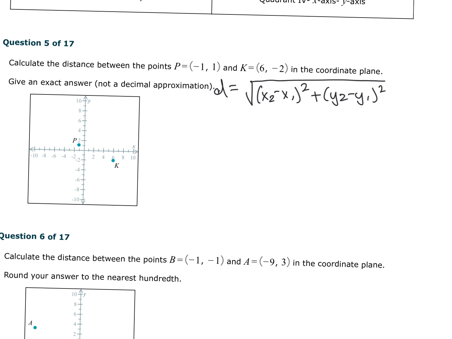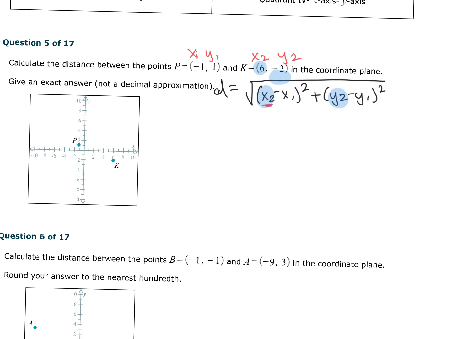And it does have to be in that order, like x2 minus. It depends on how you want to write the ordered pair. You get to choose which ordered pair you put into it, as long as it's consistent. So let's label our ordered pairs: x1, y1, x2, y2. If I decide to start with x2, which is 6, I have to make sure that the y2